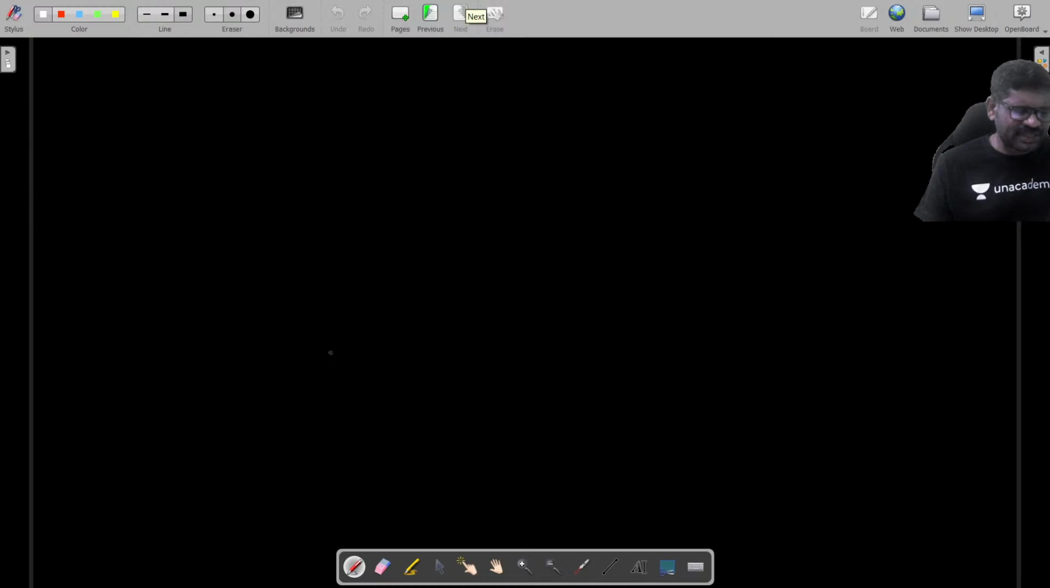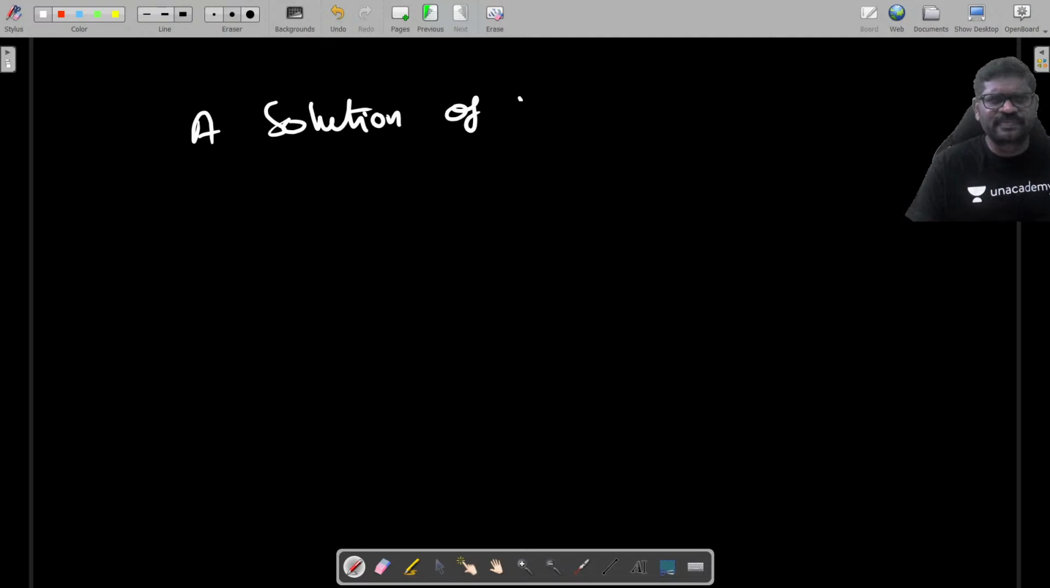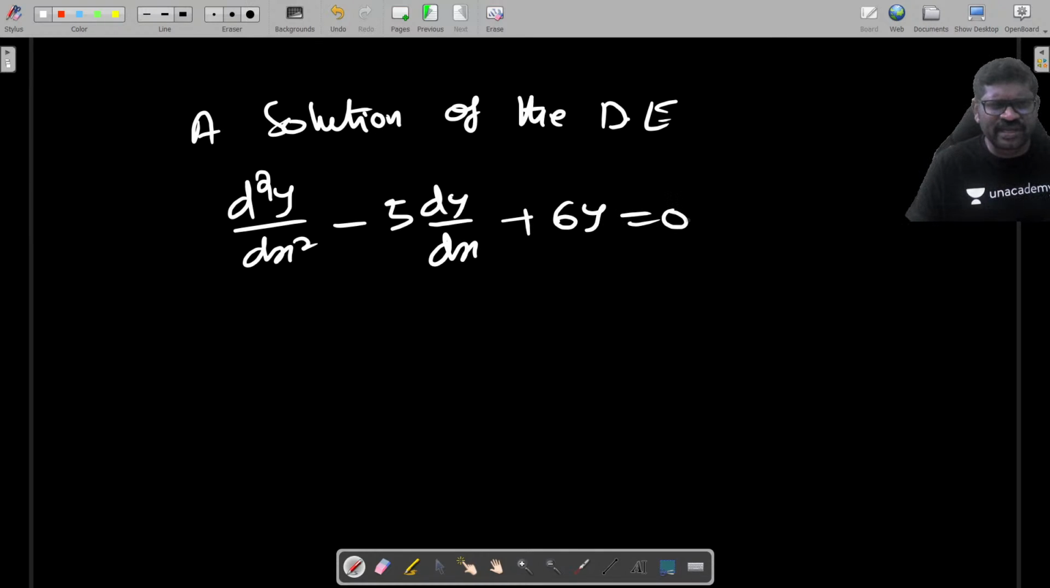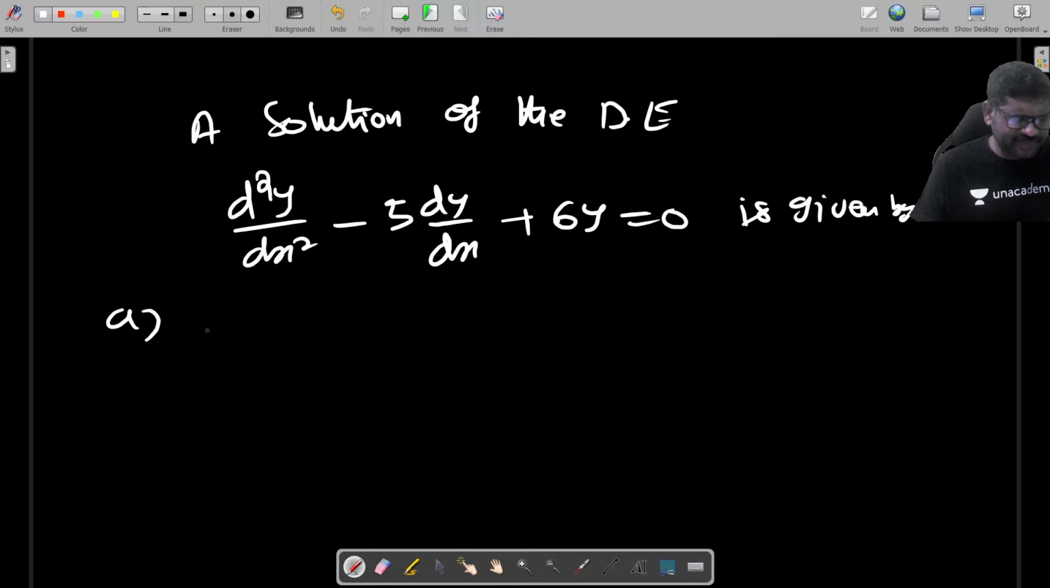Next problem. A solution of the differential equation d square y by dx square minus 5 into dy by dx plus 6y equal to 0 is given by, first option,